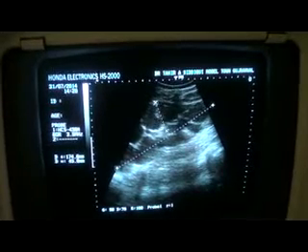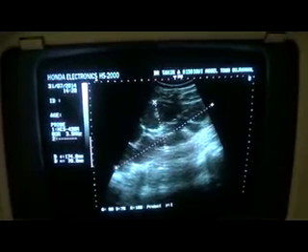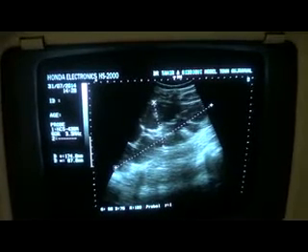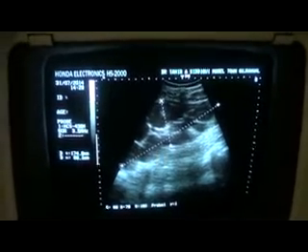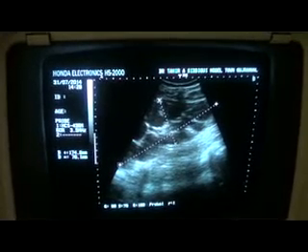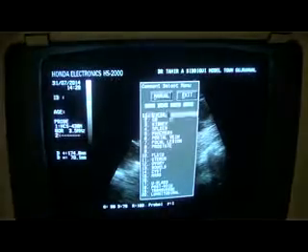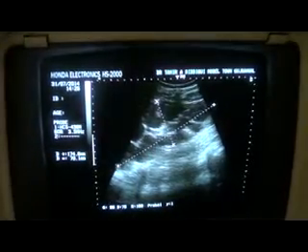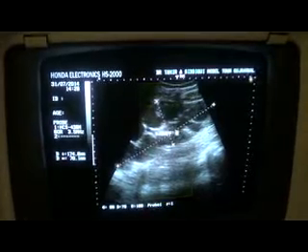Up to 11 centimeters is considered normal, whereas this is measuring 17.4 centimeters in length and some 7 centimeters in anteroposterior diameter, and anything above 5 centimeters is considered to be